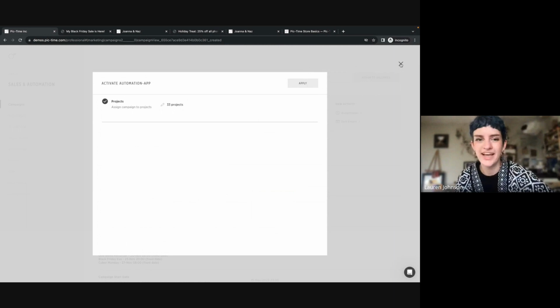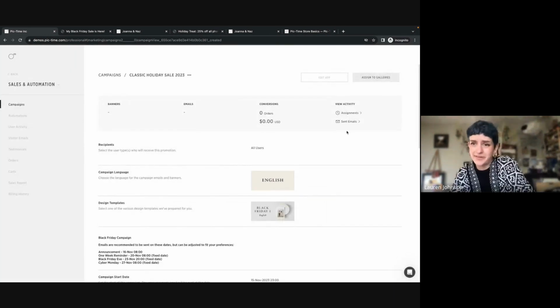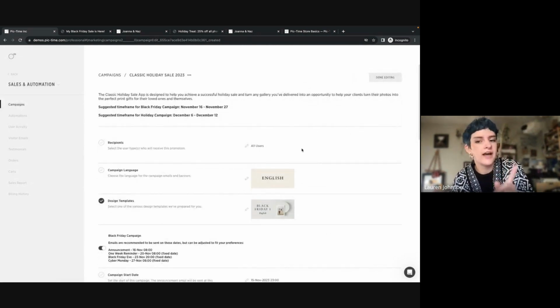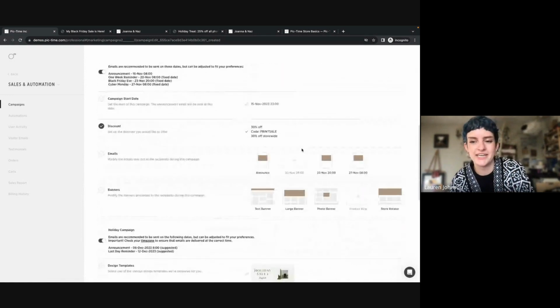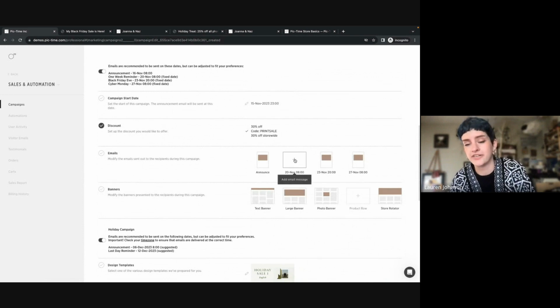And again, that's pretty much all we need to do to make sure the app works correctly. Other than that, everything is ready to go. Oh, the only other thing that we will want to double check actually is the emails. Well, actually, we don't need to check it because it's already removed, but